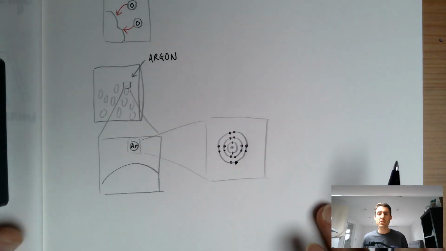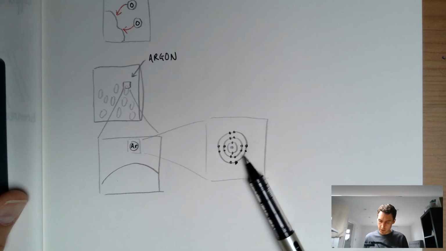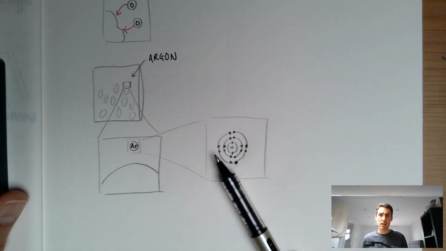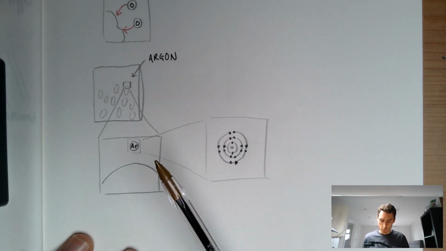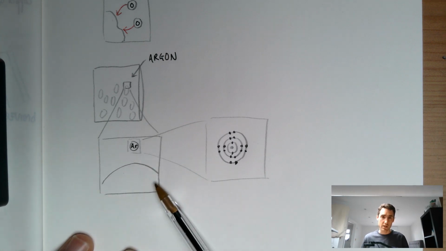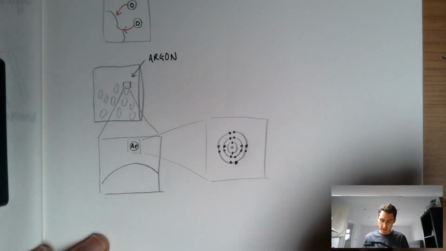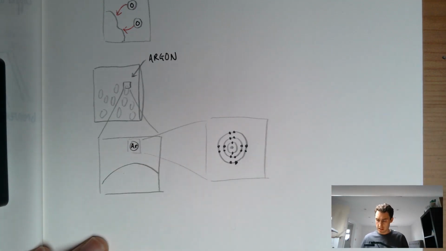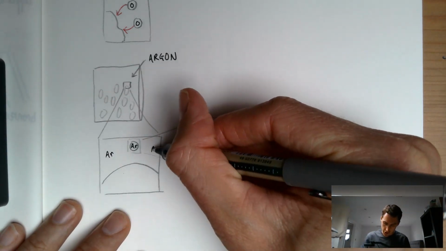And the point that you want to raise to students is that because this has a full outer shell, it doesn't need to react. To anthropomorphize this atom, it's not going to be interested in what's going on with the atoms in the crisp. So there is no reaction. Because this has a full outer shell, it's super unreactive, and therefore there is no reaction between the argon and the crisp. So if I draw a few more argon atoms, what you want to emphasize to students is that whereas the oxygen reacted,